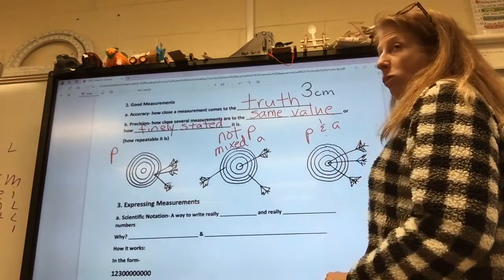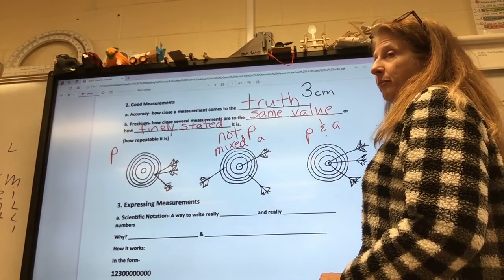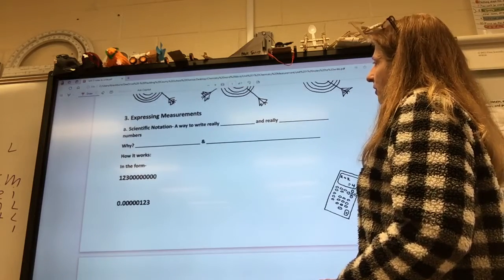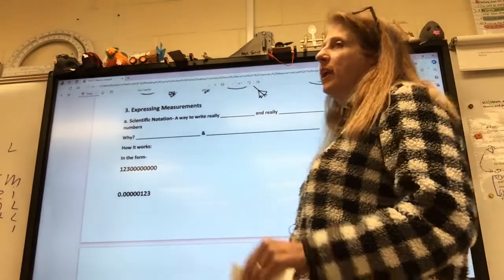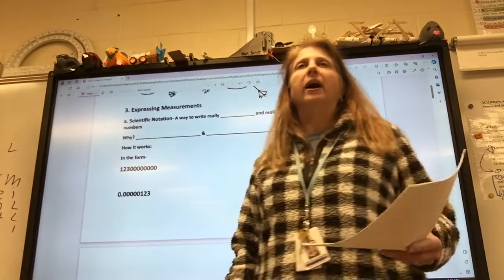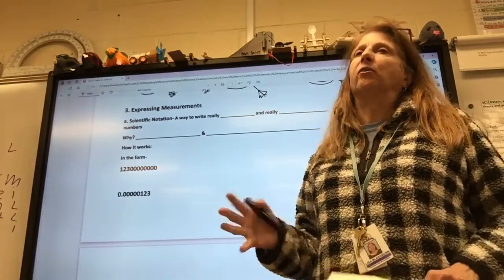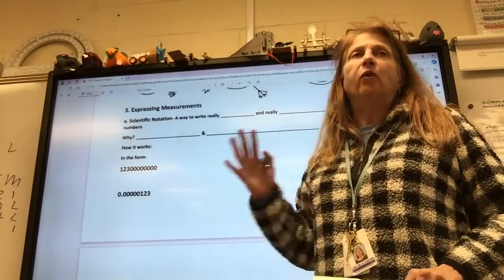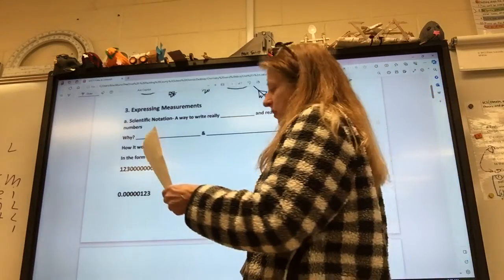By the way, if it bleeds through, do we lose points? No. Got it. If you make it where you can't read the notes, I'll probably take off because I'll be like, what is this mess? But otherwise, this is just to make you learn. Formative is all about getting the information to you.